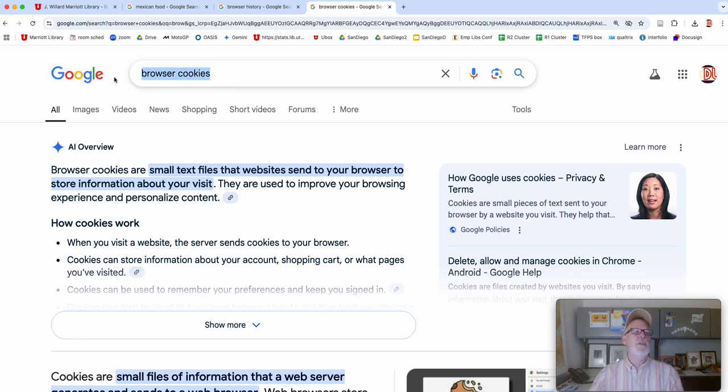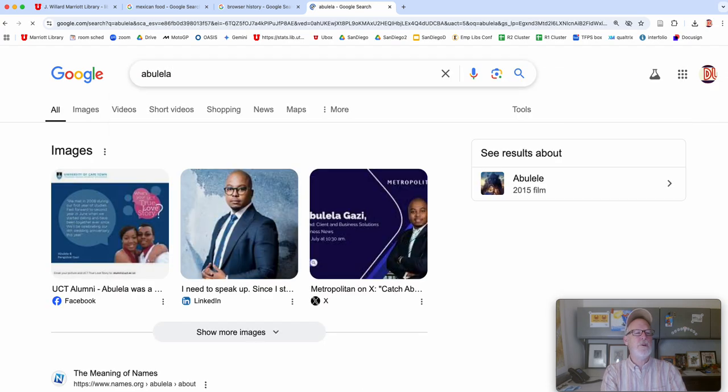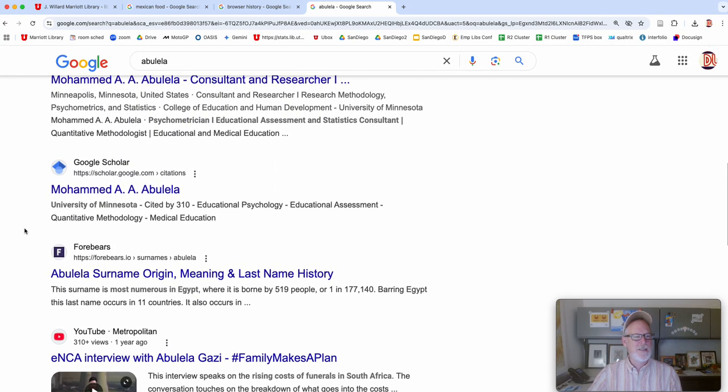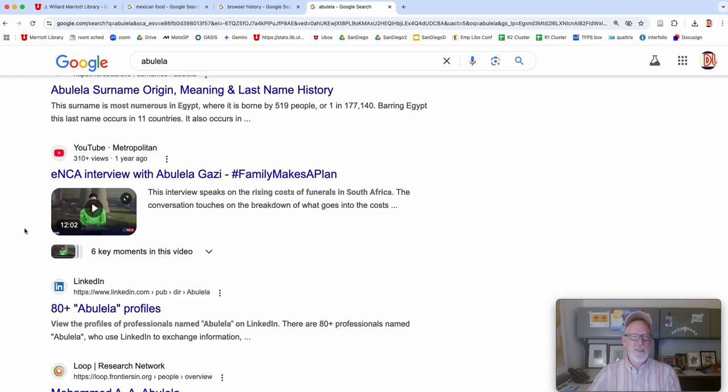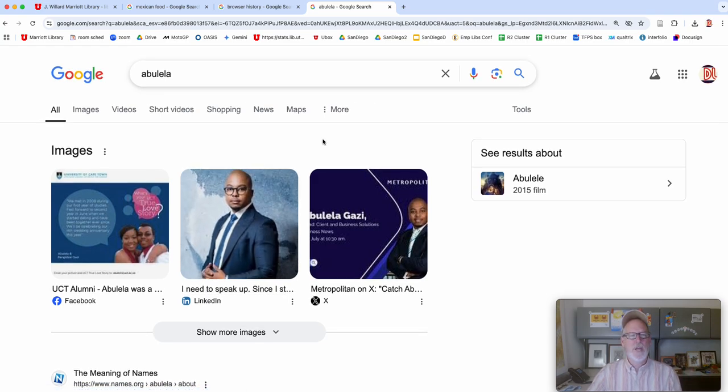It also looks at the language that you type in. Abuela. So I'm looking for grandma, and I'm getting a bunch of English things. If I had typed everything previously in Spanish, I would get that different language. So the cookies and the browser history remember the language that you typed in. And it typically remembers the location you're in too. So if you change countries, all of a sudden you might be getting ads for the place that you were in. So having said that, if you're looking up